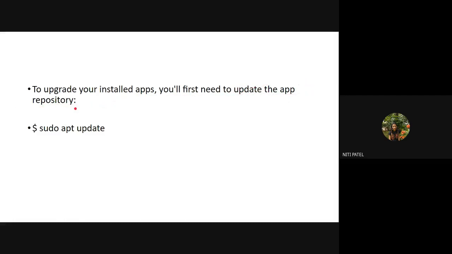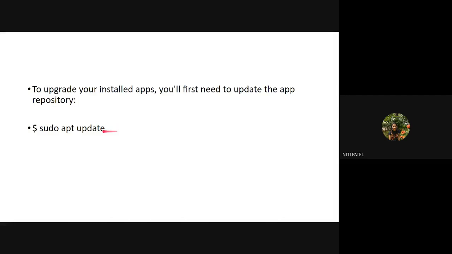What will that update repository do? It will keep all the latest updates with respect to all the applications that are inside the system. So if you want to update or upgrade any particular application, you are supposed to use the command sudo apt update. It will update that particular application.